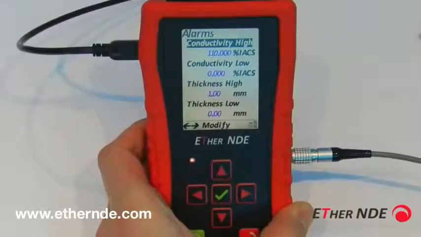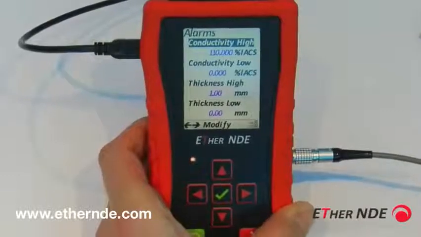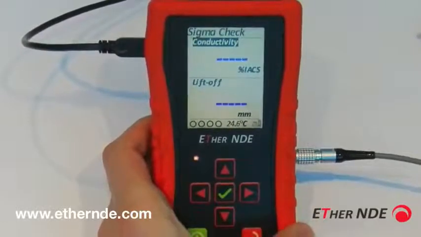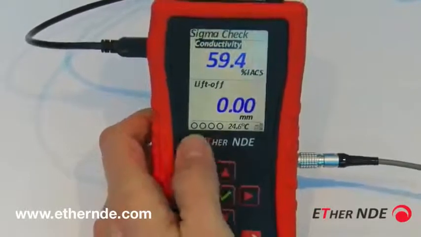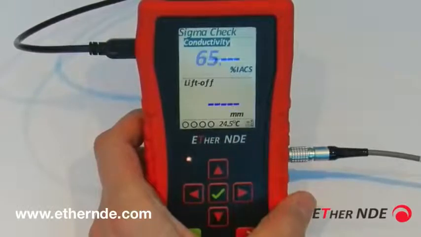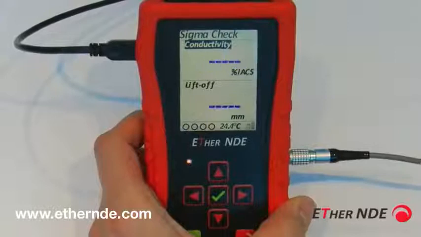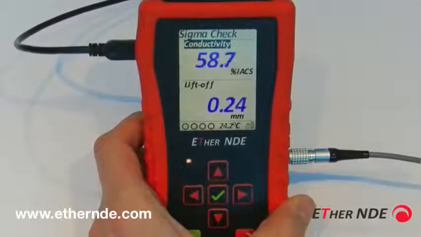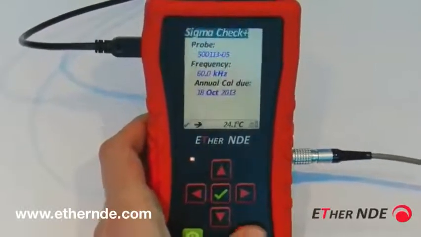As you can see, the values are all set very wide, with the minimum set to 0 and the maximum set fairly high. So if I go back to the reading screen, as you can see, the 4 small circles at the bottom left, which indicate alarms, none of those are illuminated. And if I then use some shims to generate lift-off, again displayed in blue. So now if I go back to the alarms menu,